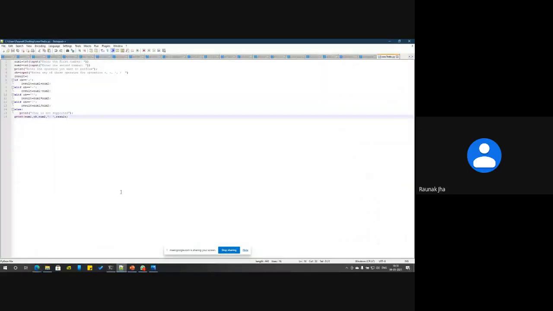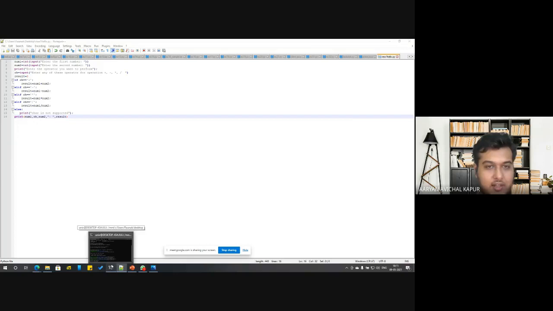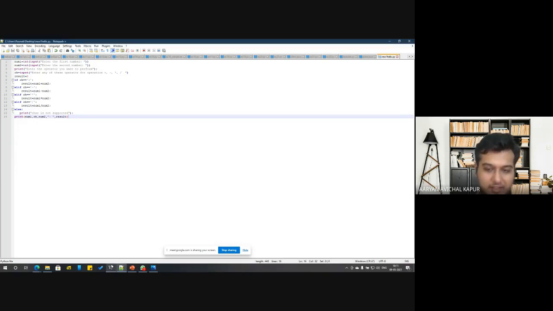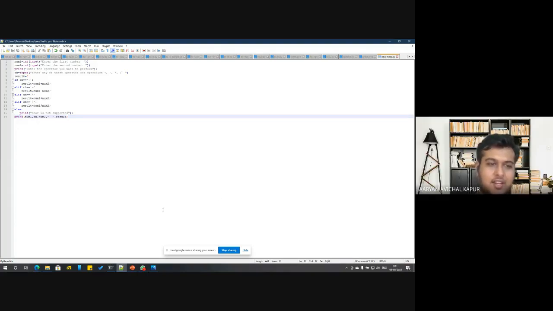So this is the code. Let me see. So num1. This works. You have to add one more operation, remainder, but everything else works. And the print that you've written is not necessary, I think, because it will automatically be printed in the input, but it works. Sir, I think this code works.